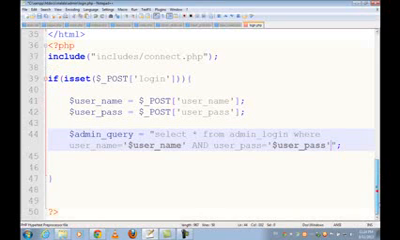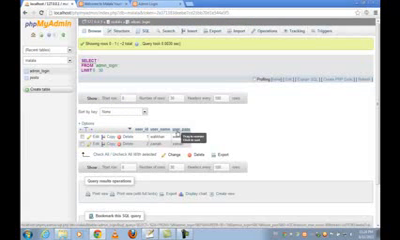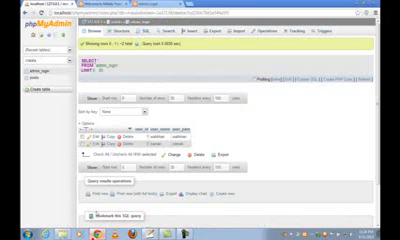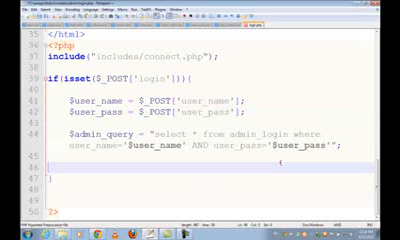So that's it. We said to check this table if this username field is equal to the coming username, and this user password is equal to this user password, which the user will be entering inside this form. So we are just sketching that and then comparing that to our table if that data exists or not. Now just run the